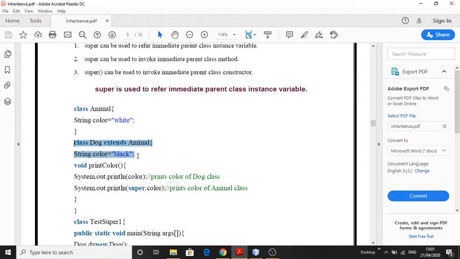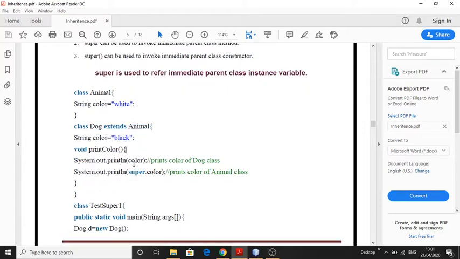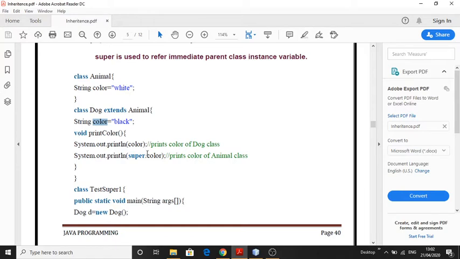Here is an example: class Animal, and this is the class Dog. It is a child class of the class Animal. Here we can see color is a data member; the same variable is defined in Animal and a same-named variable is defined in Dog. So there would be a conflict when we print the color. When we print the color data member in the Dog class, it will always refer to the color of the dog. If we want to refer to the color of the animal, which is the superclass, we can refer to it by super.color.